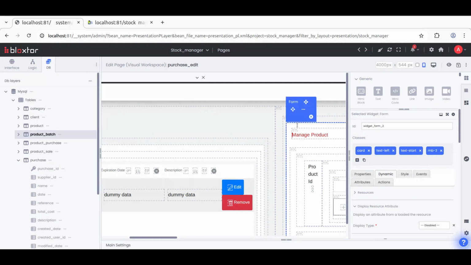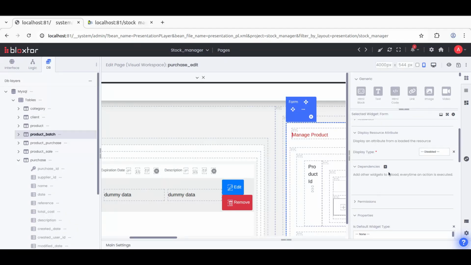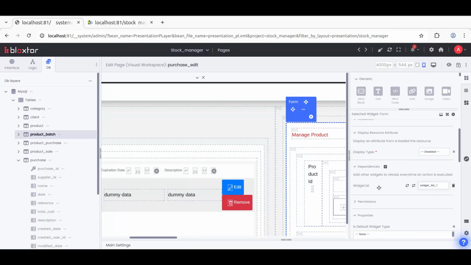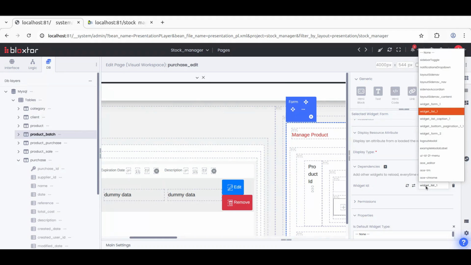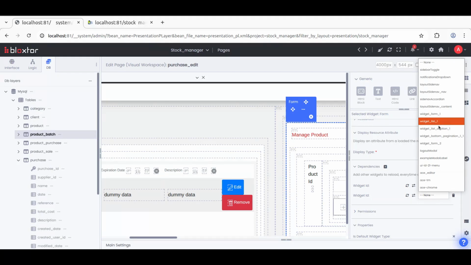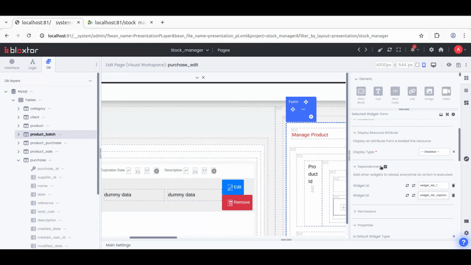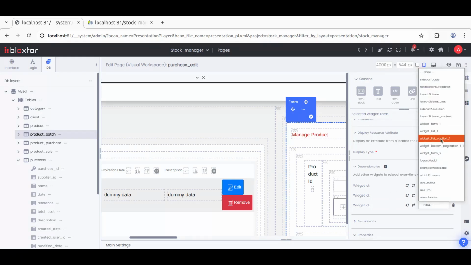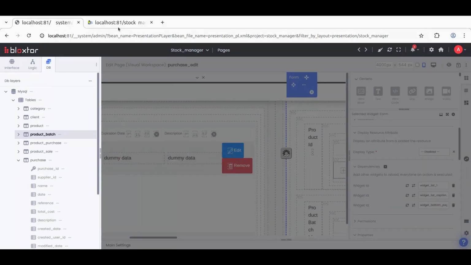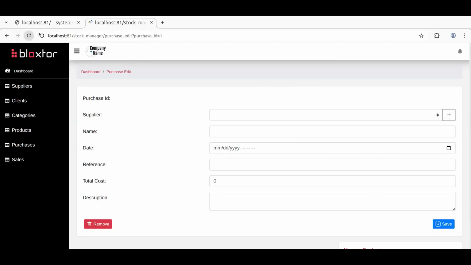So in the form we set a new dependence, which will be widget list 1. Additionally we want a caption also, and a widget button, because all of these three belong to this list. So we can save, and now when we refresh,